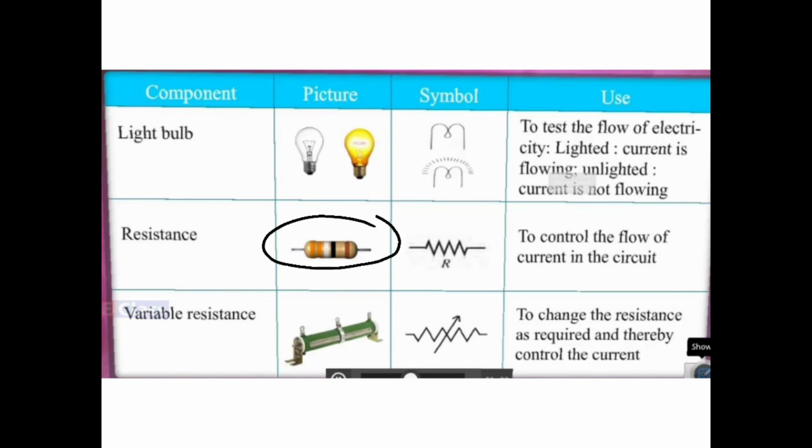When you see an electric circuit, you will see this. Sometimes if you open the internal parts of a computer, you will see all this. And that resistance we denote with this symbol. And what is the use of it? It controls the flow of electrons. Do I want to send electrons fast or slow? If I keep more obstacles, the current flow will be less; if I keep fewer obstacles, the current flow will be more. So you can say that it is regulating the current. Okay, it controls the flow of current.